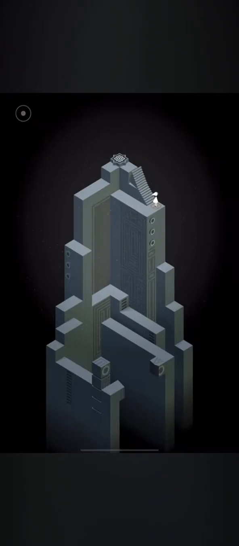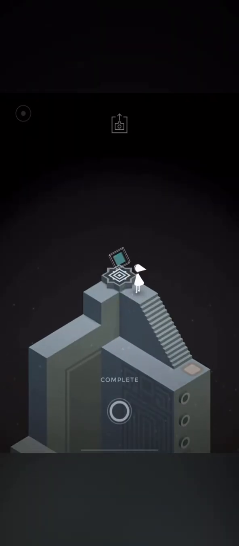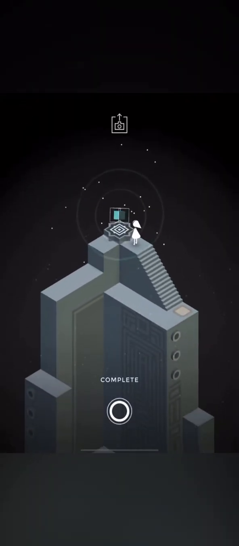They use the Penrose steps as an example. It's an endless staircase that you can just continue to walk up, keep walking up, and never reach the top, based on the way that it's drawn on paper.